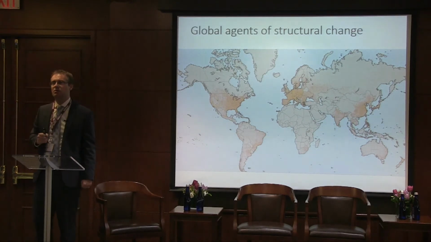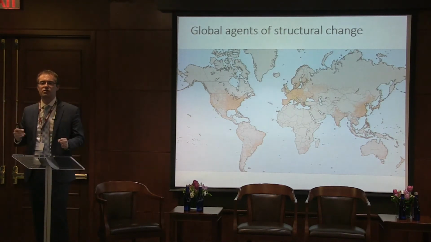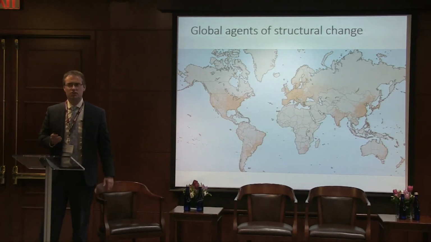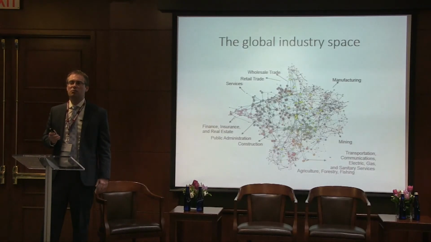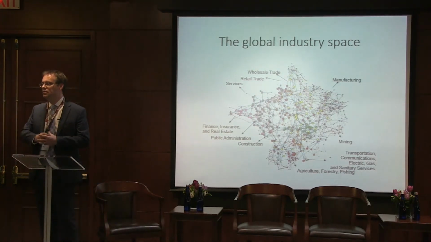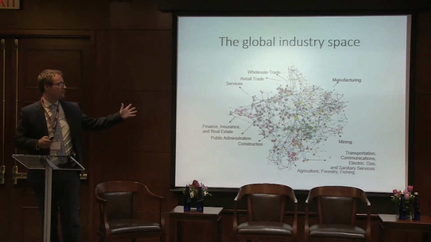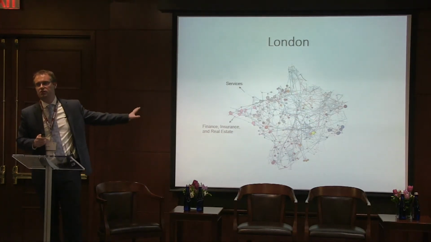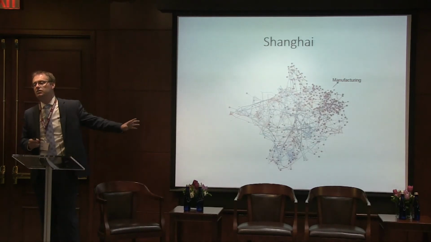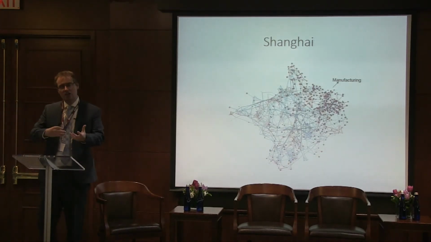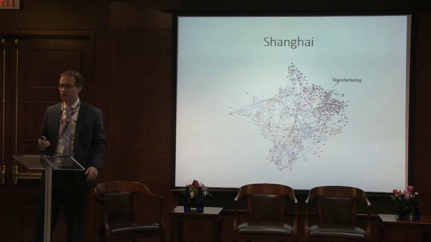And this was sort of a test case, so we're now trying to figure out how does that work on a global scale. And this is work by Michele Coscia, who's not here right now. Because we have a new data set that allows us to map the industrial activities in cities all over the world, which gives us a new type of space, and it allows us to compare the structure of London, which is service-oriented, with a structure of, for instance, Shanghai, which is much more manufacturing-oriented. And we want to ask who changes these cities most,